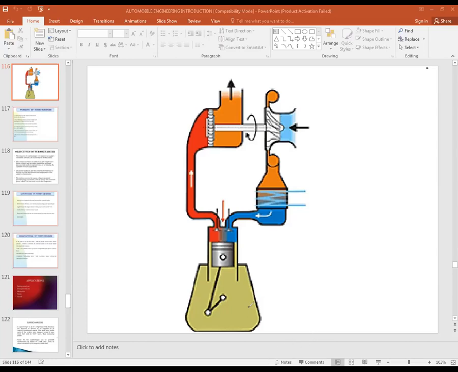As we know, this is the engine part, the IC engine part. It takes four strokes: suction, compression, expansion, and exhaust. During suction, fresh air is admitted into the combustion chamber. During compression, the pressure and temperature of the air-fuel mixture are increased. Then the spark plug gives a spark, and there is a firing order. After that, the third stroke, the expansion stroke, takes place. That is the power stroke. Then the exhaust stroke follows.